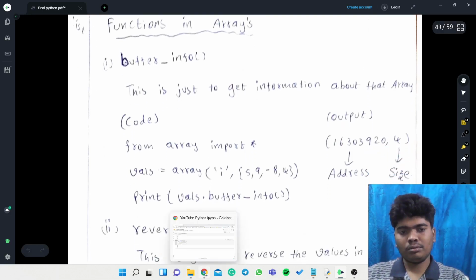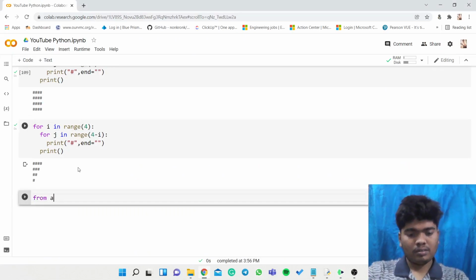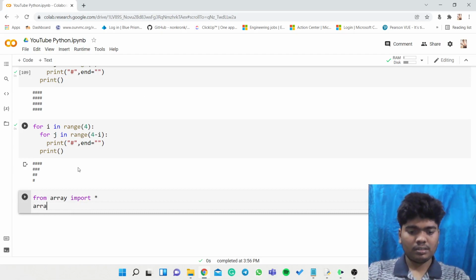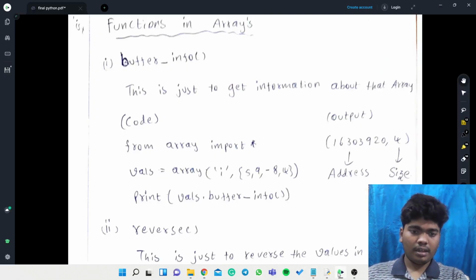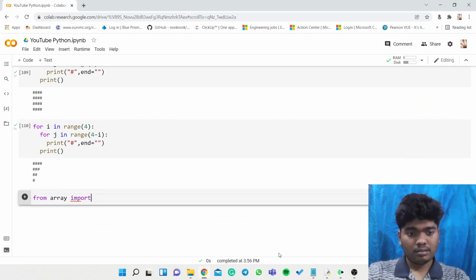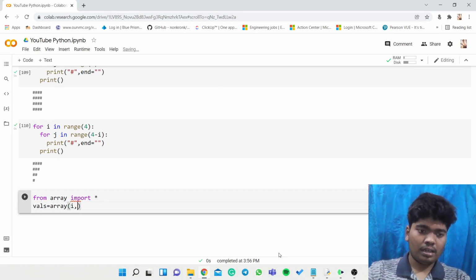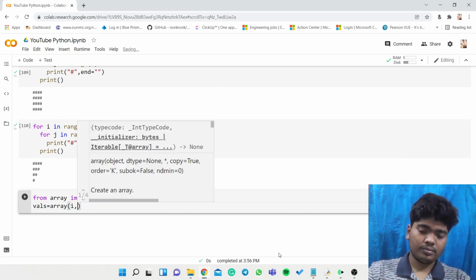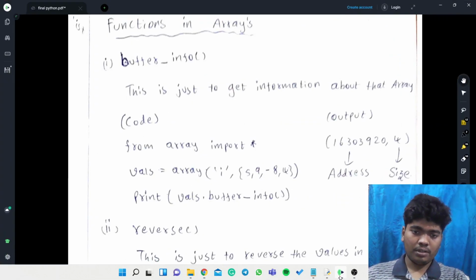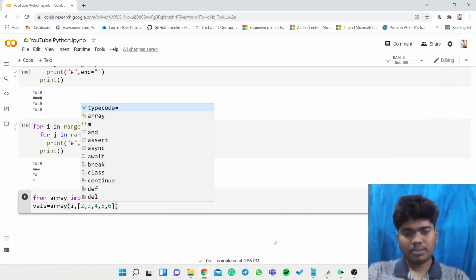So we will just try to do this one. From array import star, I think array, okay, vals is equal to array I comma values 2 comma 3 comma 4 comma 5 comma 6.